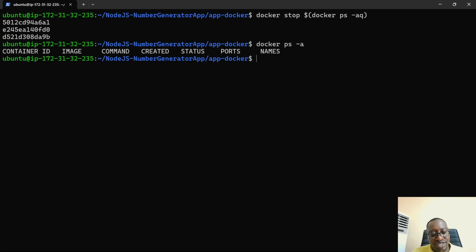Now, the last thing I want to show you here is how to prune your entire system. If there's anything you don't need, any images that you don't want again, any network you're not using again, you can just use docker system prune to delete everything. Of course, that will help to reclaim some space and make sure that your Docker engine is as light as possible. So docker system prune